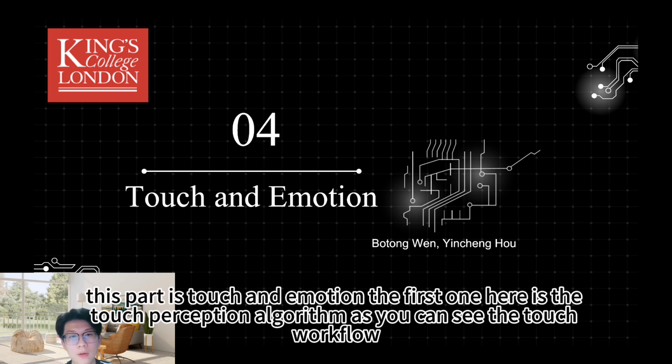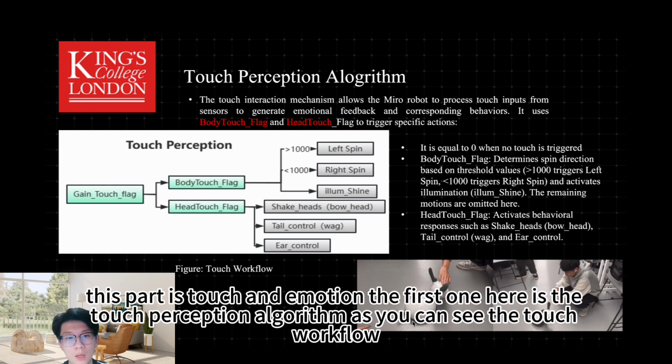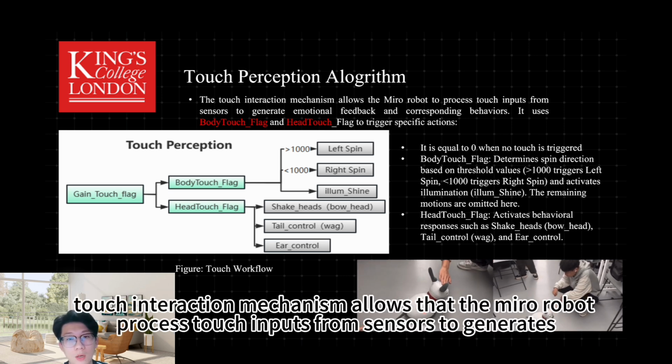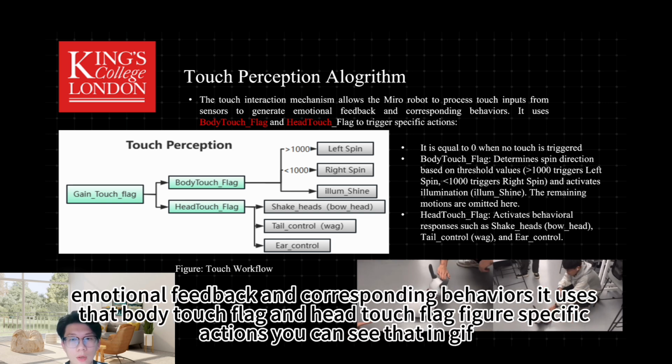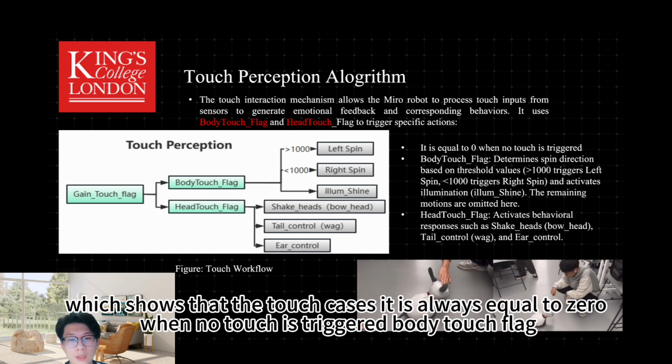This part is touch and emotion. The first one here is the touch perception algorithm. As you can see in the touch workflow, the touch interaction mechanism allows the Miro robot to process touch inputs from sensors to generate emotional feedback and corresponding behaviors. It uses the body touch flag and head touch flag to trigger specific actions. You can see in the GIF, which shows the touch cases, it is always equal to 0 when no